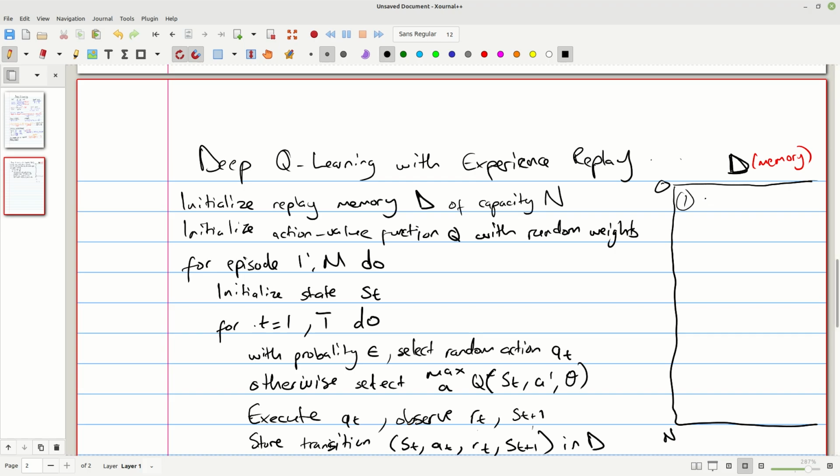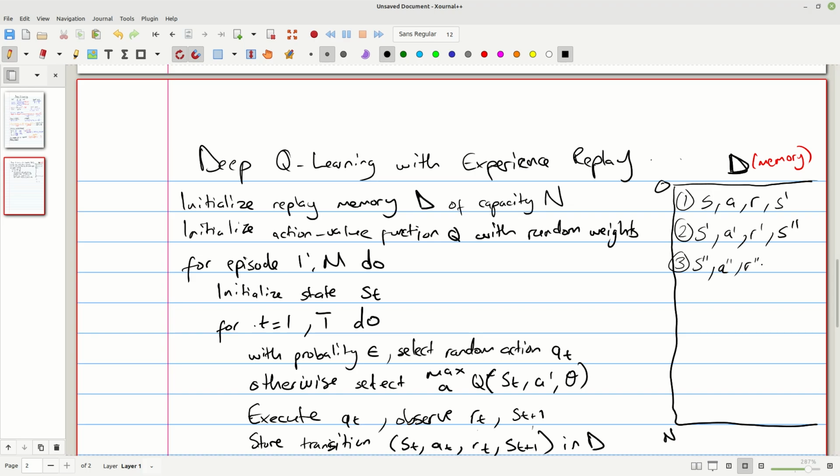We have the first transition, let's say s, a, r, s prime. Then we have another transition, from s prime we take a different action, we get a different reward, maybe end up in s double prime, right? Let's say we're just storing these different transitions,